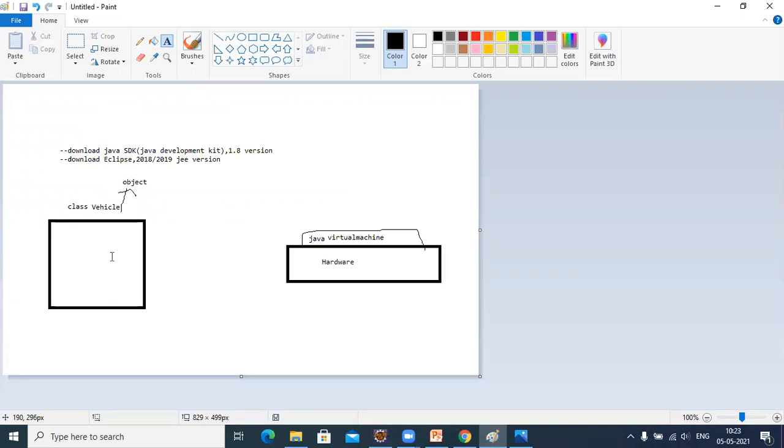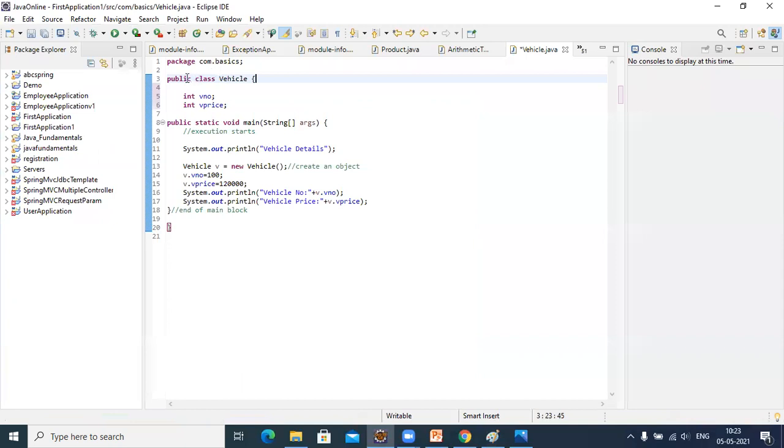In order to create a class, Java syntax should be used. Public class vehicle. So everything we create in Java is a class or interface. Either an interface or a class. So this is a class, public class vehicle.